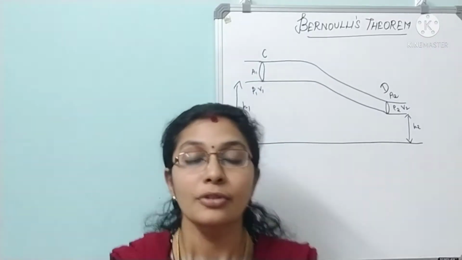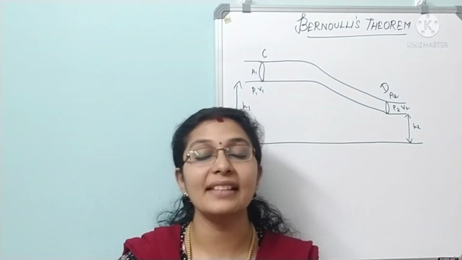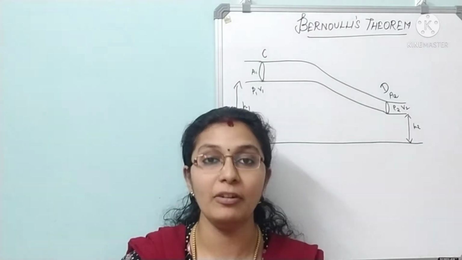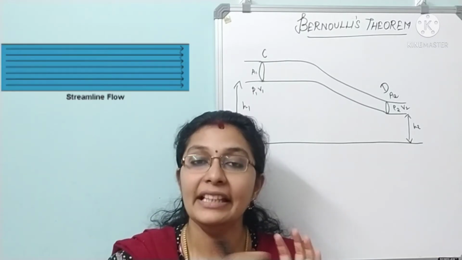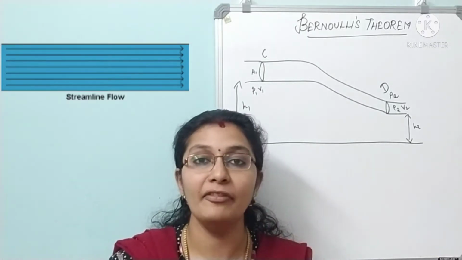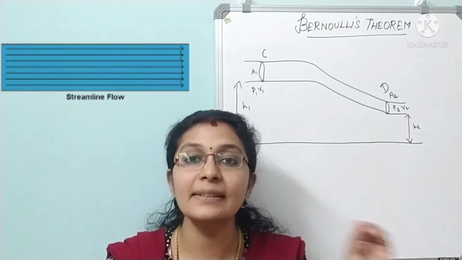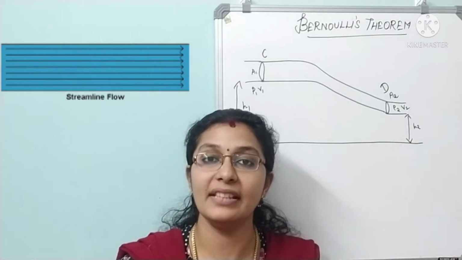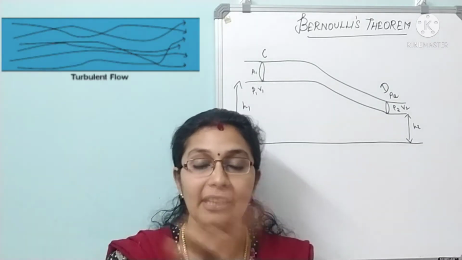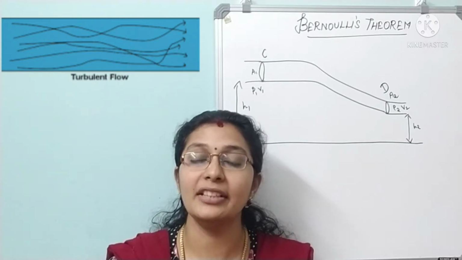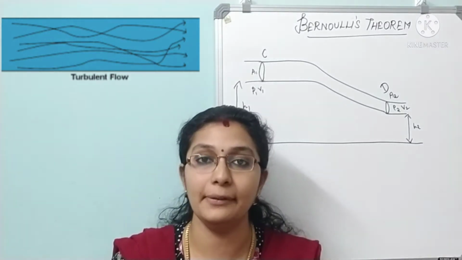Okay, first we will see how he proved it and then we will go with the applications that we are using Bernoulli's principle. So you will have a clear understanding. Before getting into the theoretical concept, let's understand two types of flows in fluid. One is streamline flow and another is turbulent flow. Streamline flow is nothing but each particle of fluid will follow the preceding particle's path. So it will travel with same velocity and in same direction. Whereas turbulent flow is just vice versa. That is, no particle will follow any other particle. So it is with different velocity and it moves in different direction.